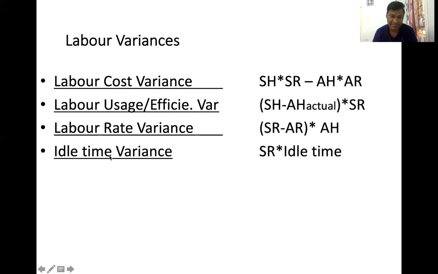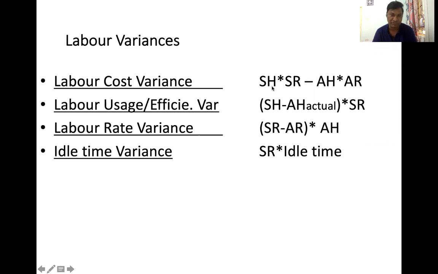Okay, and this you may often get, you may not get this. This is not a very important variance, but we'll do it. Okay, don't worry. All right, the formula for labor cost variance is just similar to material cost variance. Okay, standard hours into standard rate. Look at this one. In place of standard quantity, you're